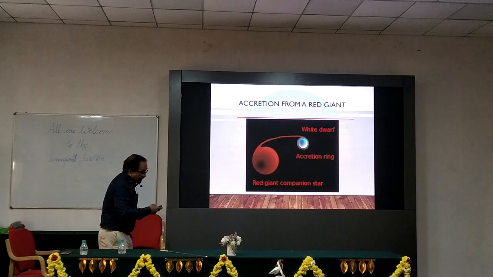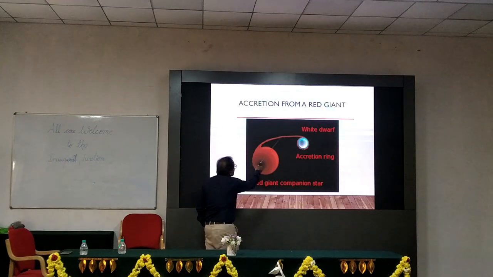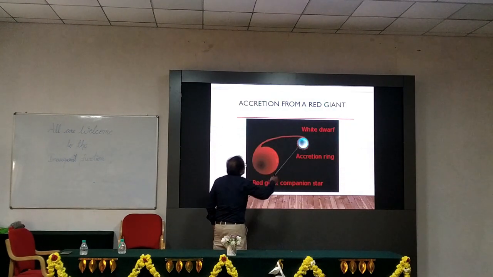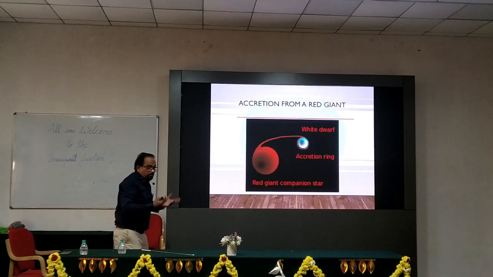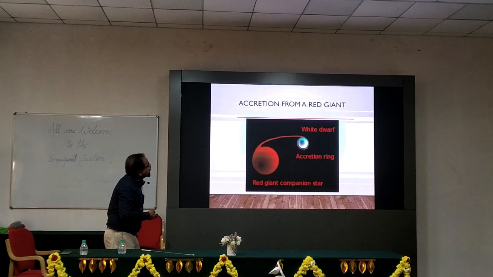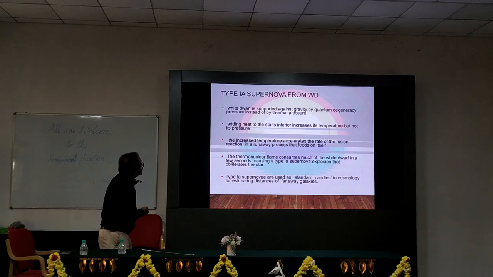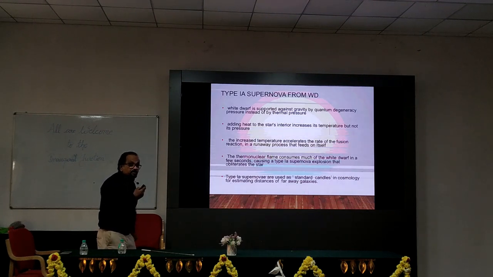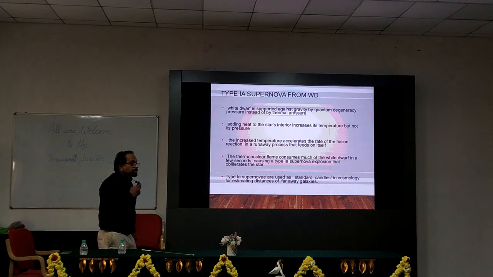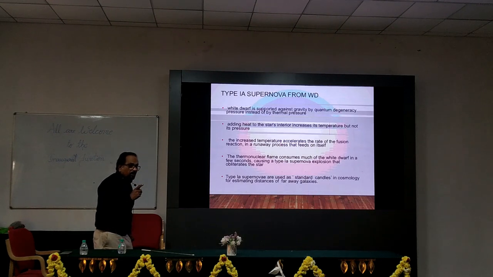So you have a white dwarf there, accreting matter from a normal star, a red giant star. When it is falling onto the white dwarf, the white dwarf cannot take it any further, and it explodes as a supernova. This is the type 1A supernova from white dwarfs, and these have been observed in different distant galaxies, and they are used as standard candles, because people have estimated